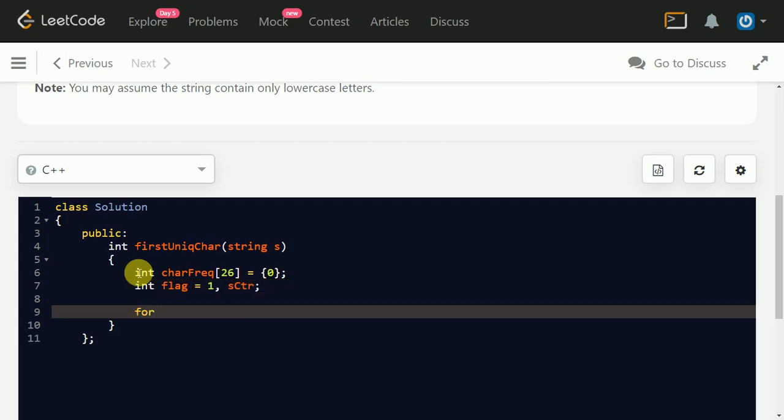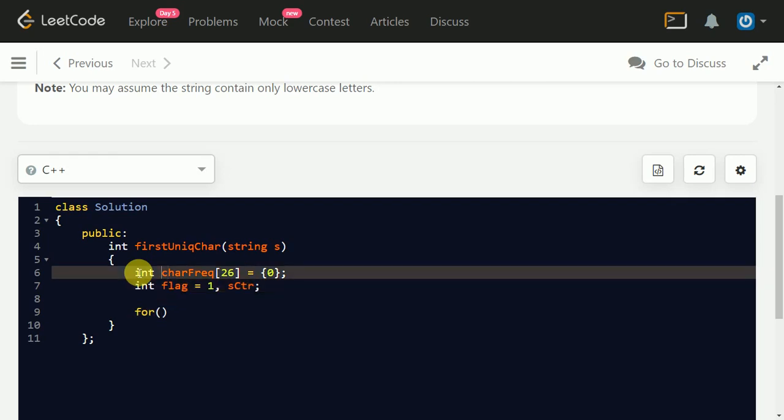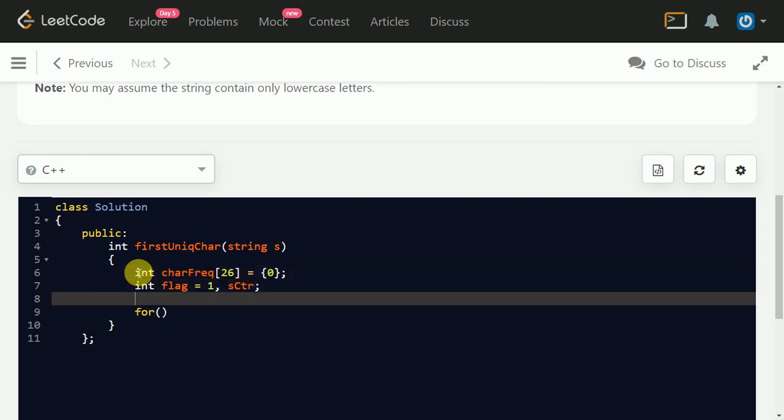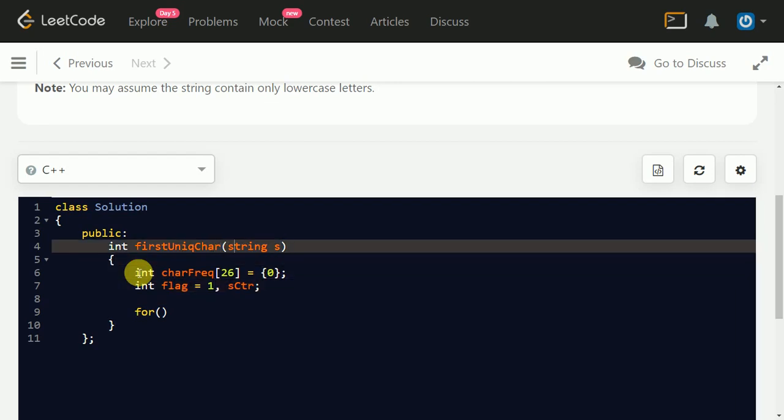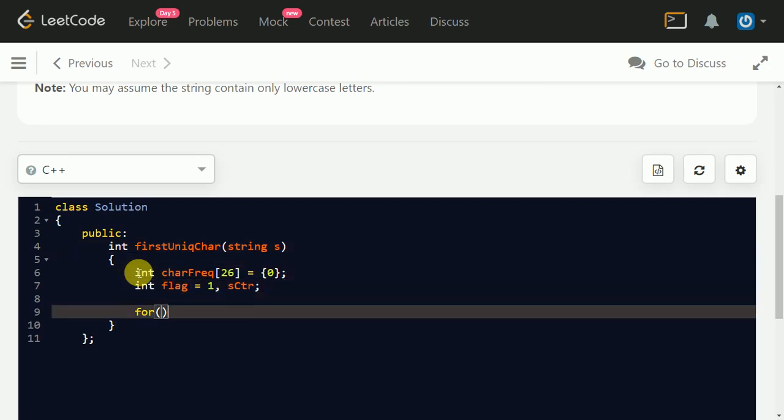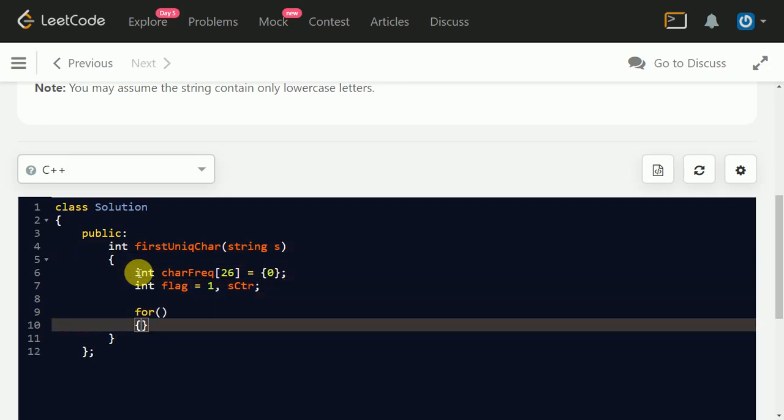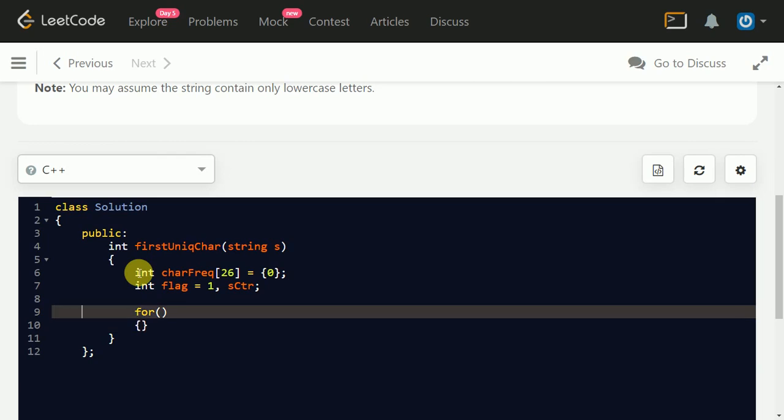Now our third step is that you have to fill this array with the frequency of the characters provided in a string. So in this string we have to read all the characters and store the frequency of each character in this array. For this purpose, now let's do it quickly.